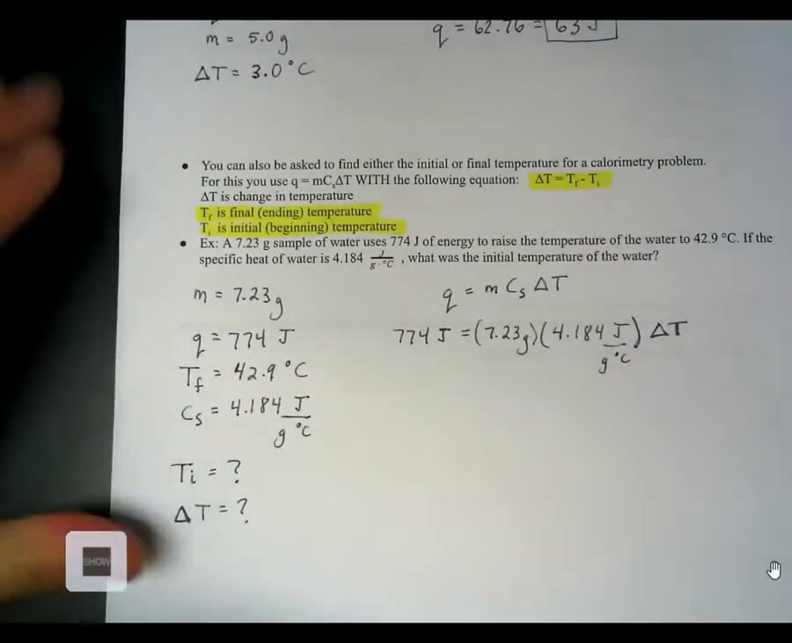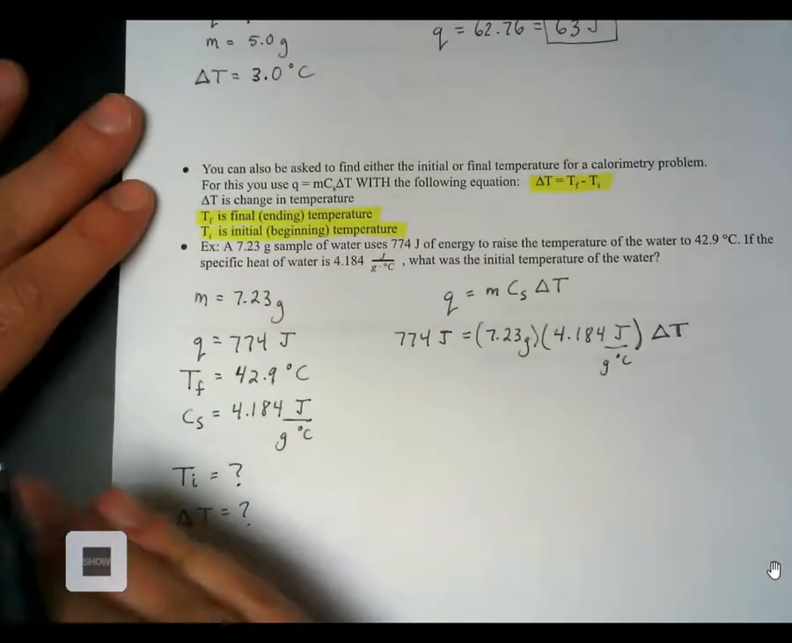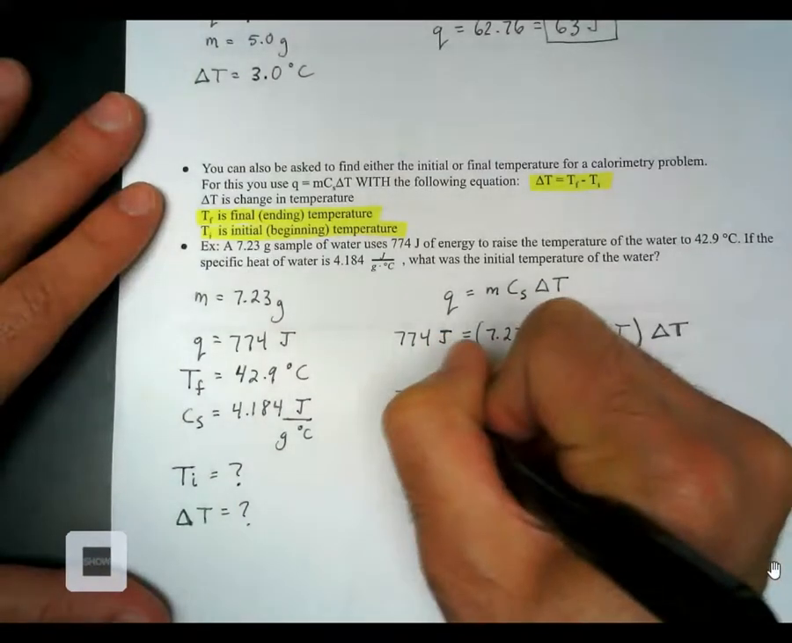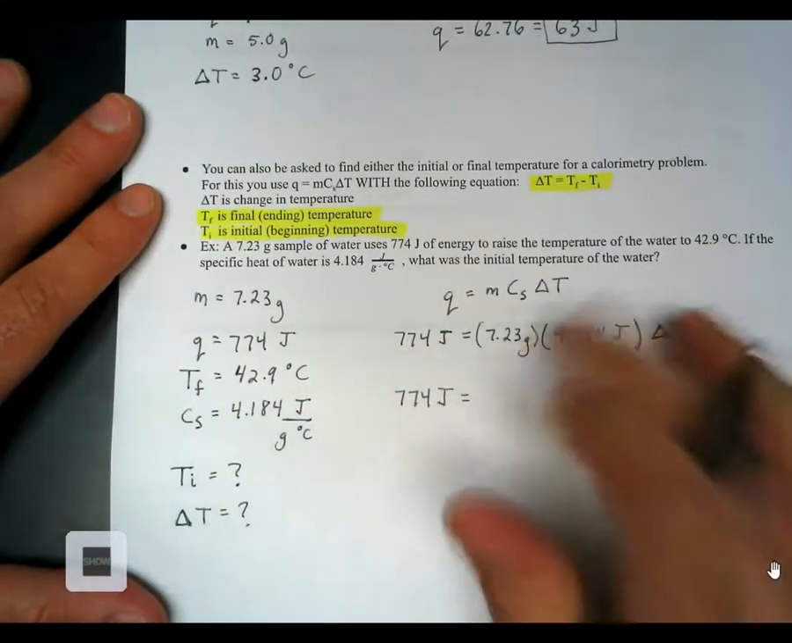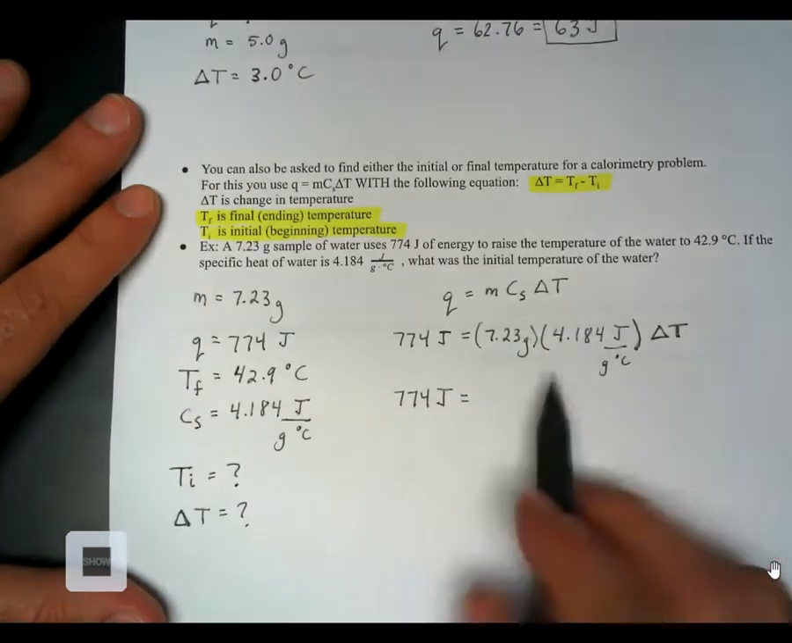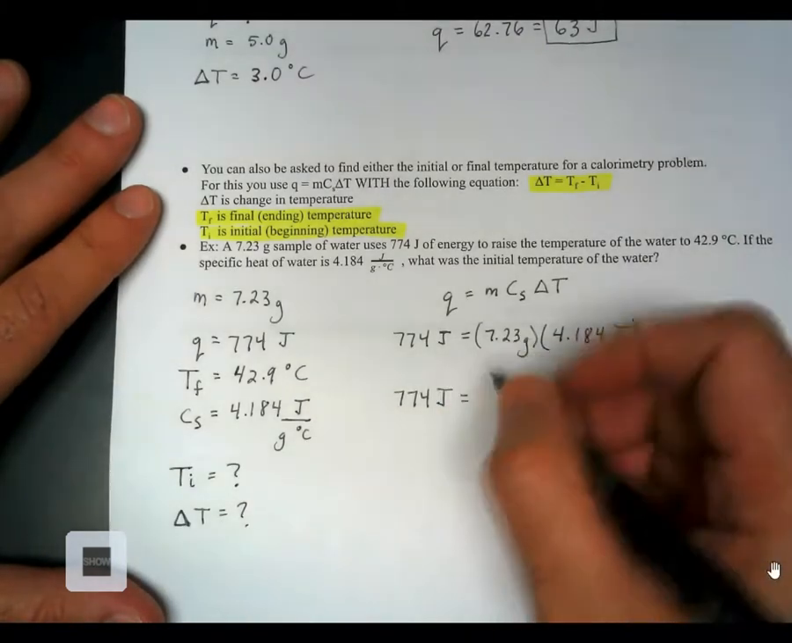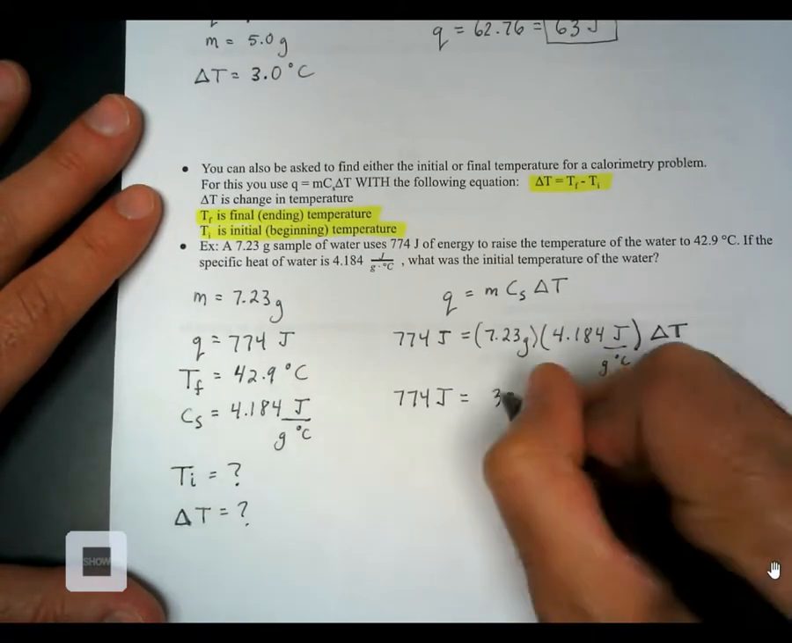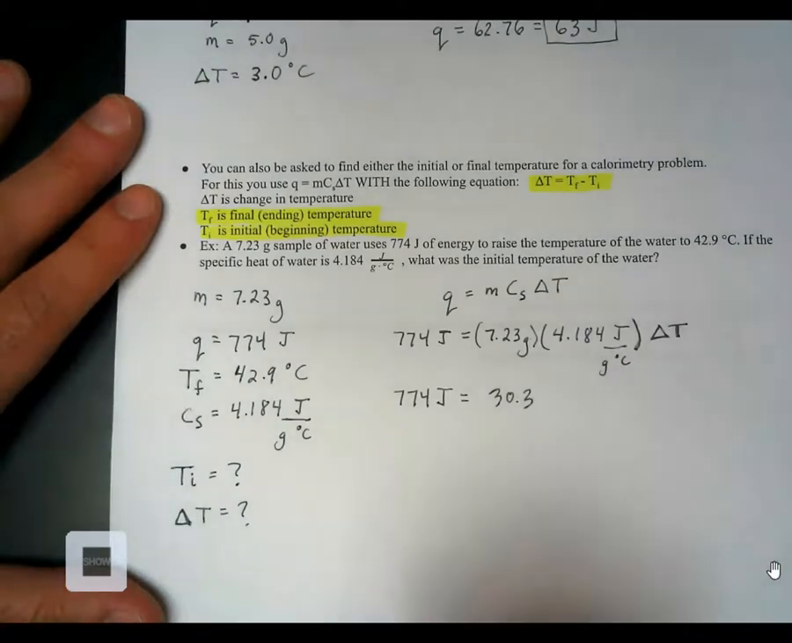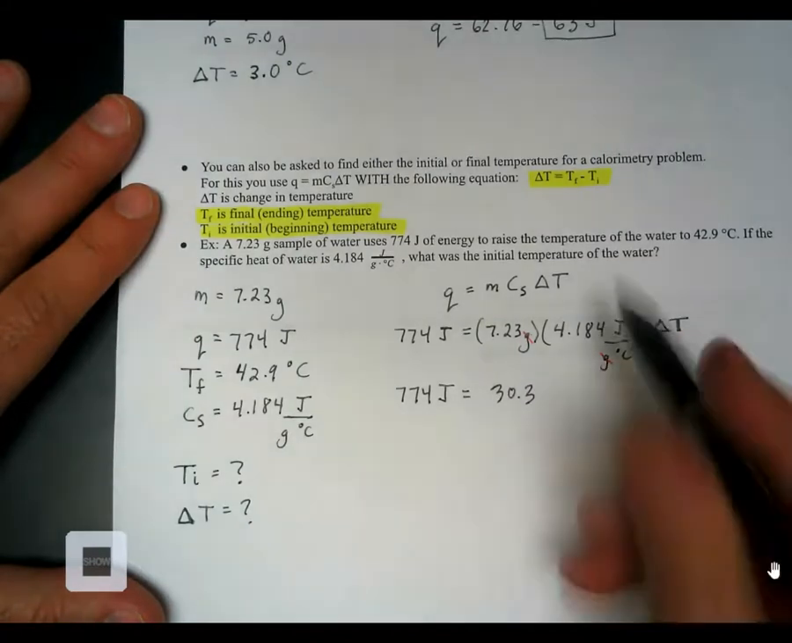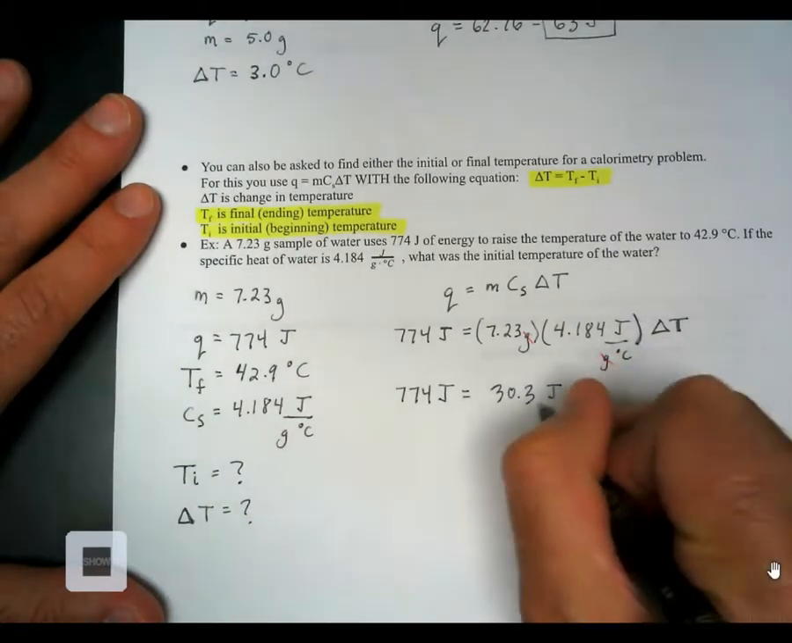All right, so we just solve this. You can do it all in one step if you want. I'm going to take this just to show for the notes. I'm going to multiply these two together first. We get 7.23 times 4.184. We get significant figures to be 3, so it's 30.3. And our label, at this point, if you look, grams have canceled. So we're left with a label technically here of joules over degrees Celsius